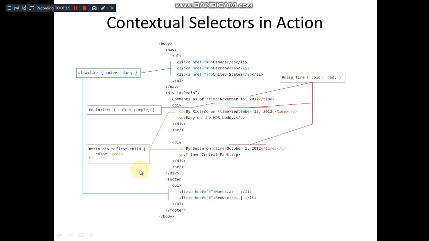And thus you can observe we have specified P colon first-child. It is applicable only for the paragraph which appears as the first child of the div element, which is present inside the element having the ID hash main. So that means it is applicable for only which one? Paragraph. That is this particular paragraph, right? So it is applicable for only the first paragraph that appears here. Okay. So this paragraph will appear with the green color.